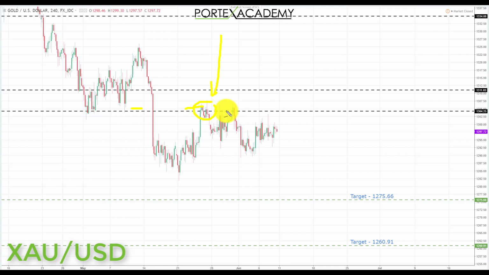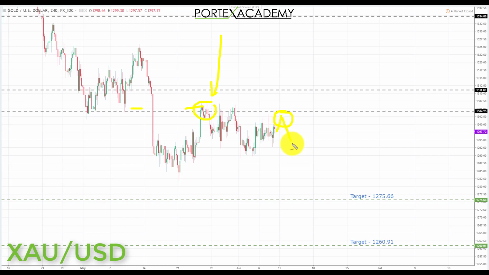As long as we remain below the 1304.25, we are looking for a decline. And if we get one final pullback and a retest, and perhaps because it's already done it twice, we may go straight from this area here, but preferably if we do get another retest, this kind of area is a great place to start once again for somebody who's not involved in gold to look for bearish formations and patterns,